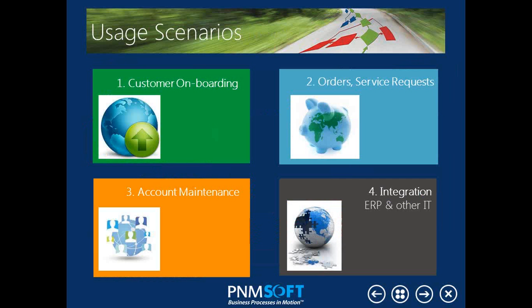So okay, great. It's there. We can integrate. What are some of the usage scenarios? Where do we actually need to see integration between Dynamics CRM and SharePoint? We're going to be taking a look at some live in a moment, but some examples are customer onboarding, orders and service requests, account maintenance, integration with ERP and other systems. Those are some of the examples we're going to be taking a look at in a moment